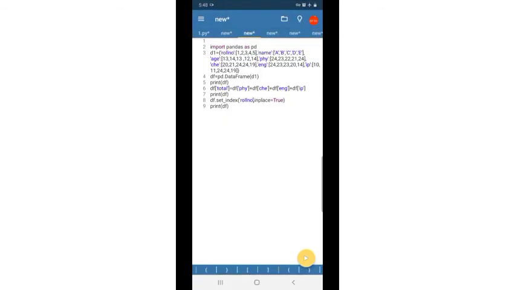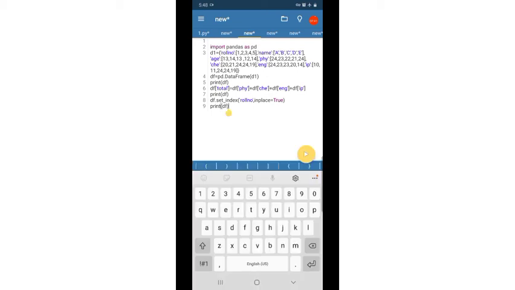Now the next one is to display the details of the first and third student. The first student has roll number 1 and the third student has roll number 3. So we have to display those rows.